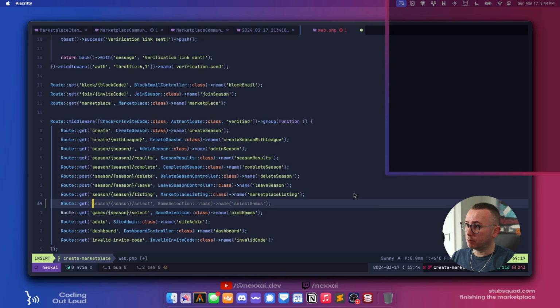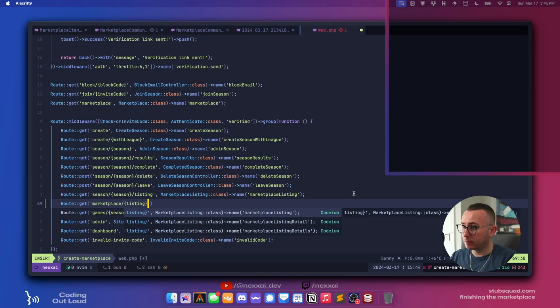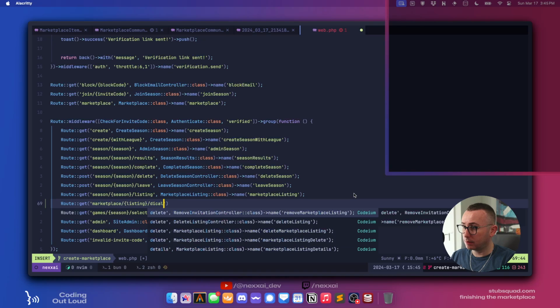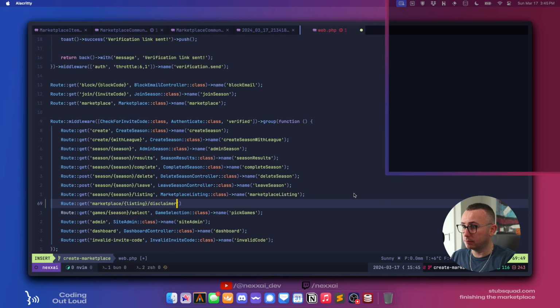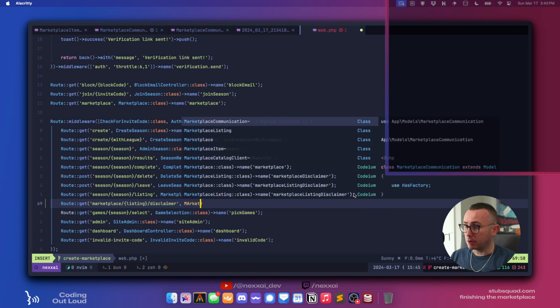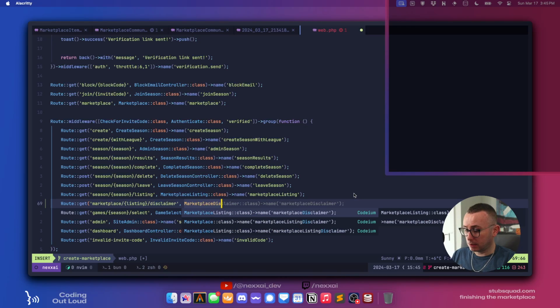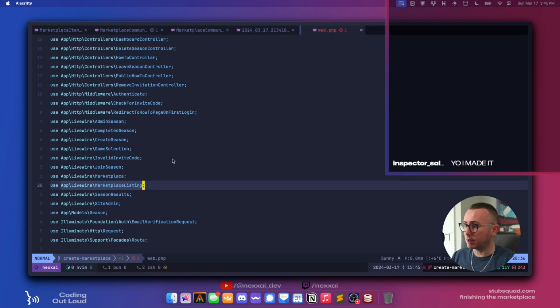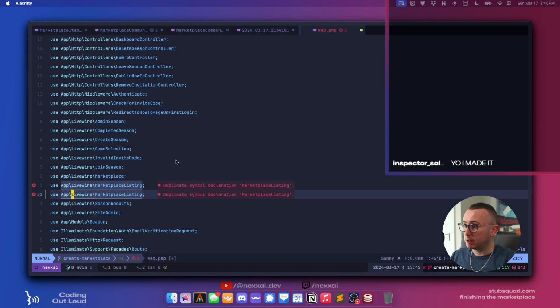No, we actually want this to be marketplace listing disclaimer for now. Whatever, we can change the route path later. So we're going to say marketplace disclaimer class. And why is that? It annoys me that happens. Marketplace.